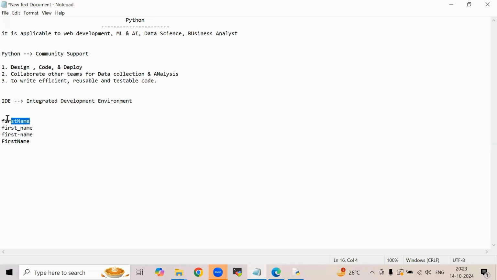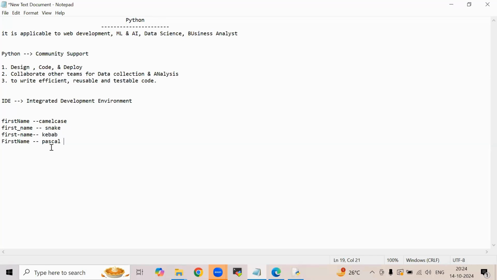The first style is mostly used in Java, and the other styles are commonly used in IT. Actually, the first style we call camel case. The second style we call snake case, the third style kebab case, and the other Pascal case.